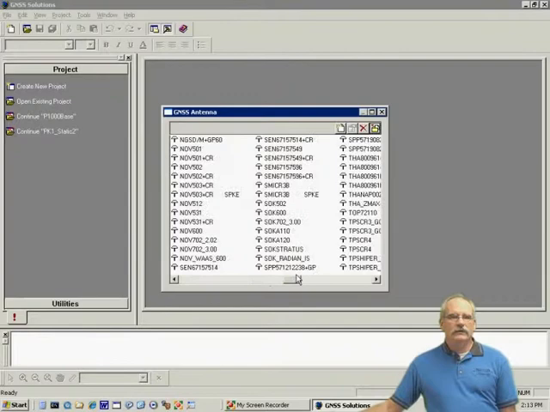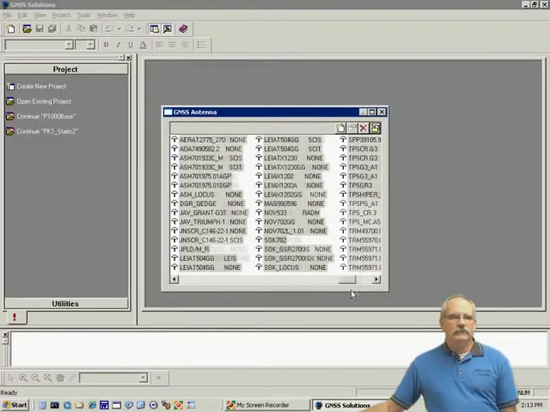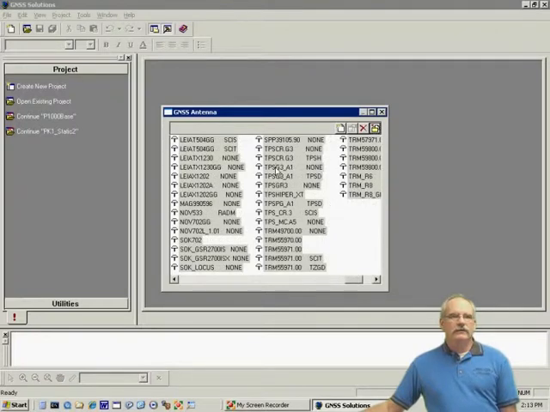And so any new antennas that have been checked by the NGS will be listed in here now. The reason I did this is you'll notice that just recently the NGS started putting the word none. And so this NOV 702GG none, there's two entries in here. One has a none and one doesn't.